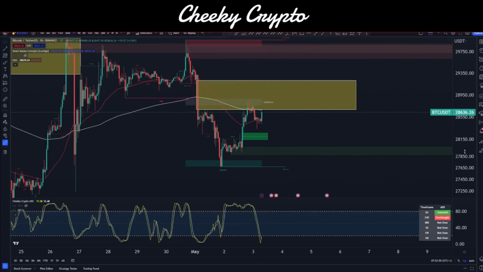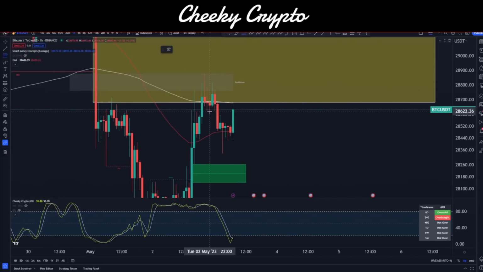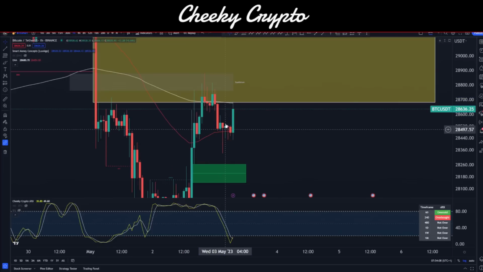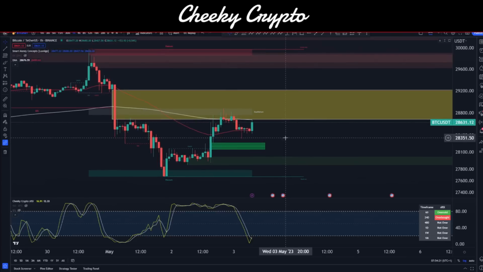It does look, if we really zoom in on the micro movement, I know that we do like these. If we just grab our fibs here, I'm going to pull that onto here and move that over to the wick right there. We can see that we did pull down quite nicely, but we didn't have a 1.618 trigger point just yet. That is significantly low, and we've got overlap going on here as well. So we could look at it maybe as a diagonal within this structure, and we come down and maybe we're starting a leading movement. But until we get confirmation on that, we'll hold judgment just now.